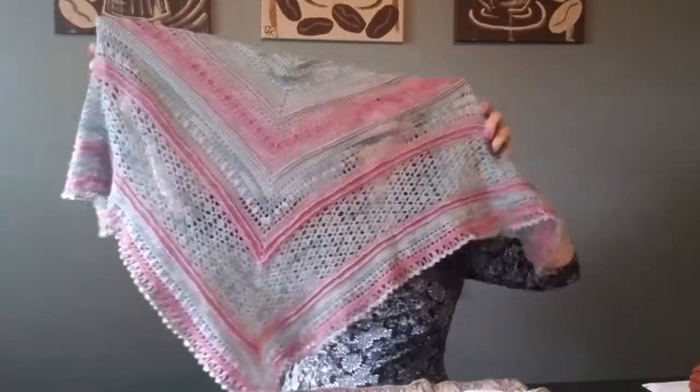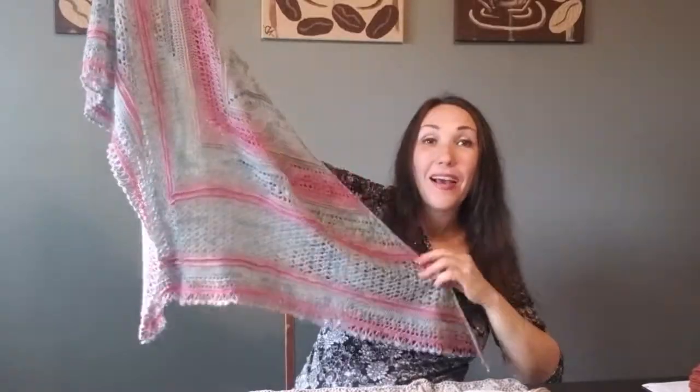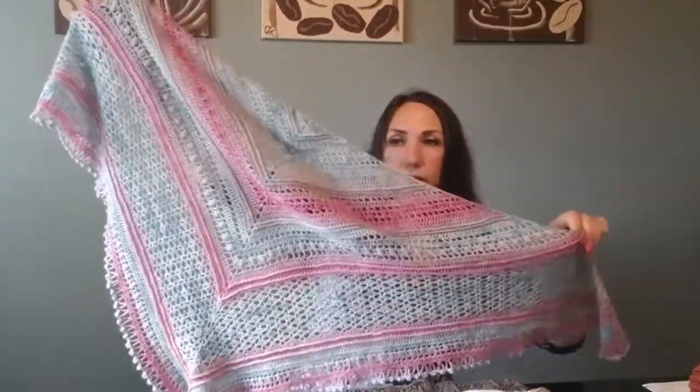Next, my finished object that I would like to share. It was made in Lana Grossa yarn. It's 100% merino wool, and it's a very fine lace yarn. In 50 grams it was 400 meters, and I was crocheting this beautiful shawl. I used a 2.75 millimeter hook, and it took me a long time to finish it because it's very fine work,